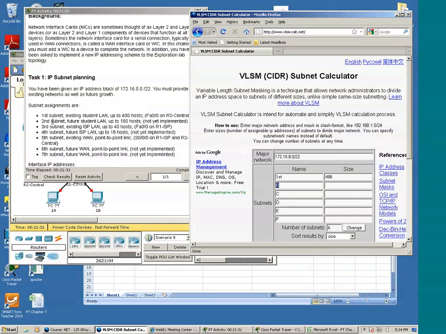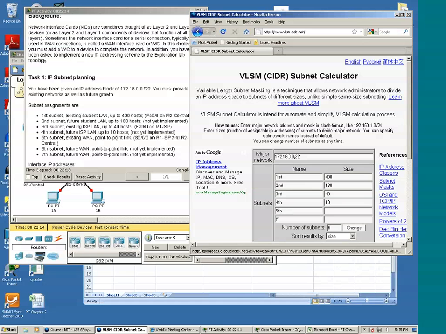The second subnet has 180 hosts. Third subnet is 40 hosts. Fourth subnet, 18 hosts. Fifth subnet